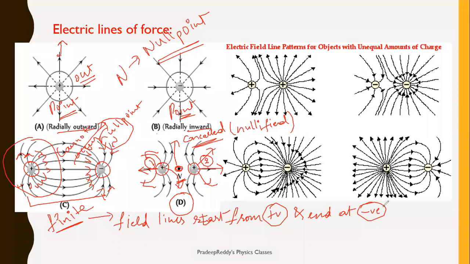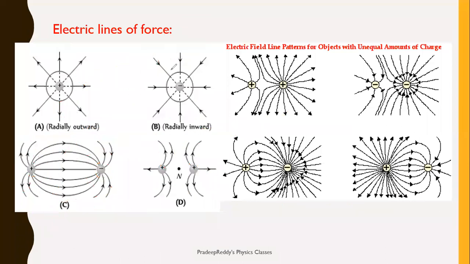Now, one more important conclusion we can draw from here. This figure is clear, this figure is clear, this one is clear, this one is clear. Now, what I took in all these cases is, here you are taking plus Q charge, here you are taking minus Q charge, magnitudes are equal. Magnitudes of the two charges are equal. Here you are taking positive, here you are taking positive, one is plus Q and the other one is plus Q.